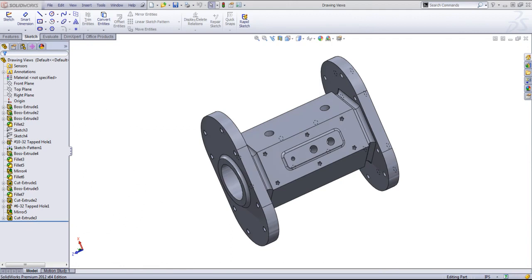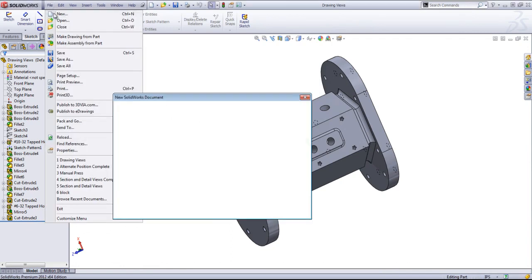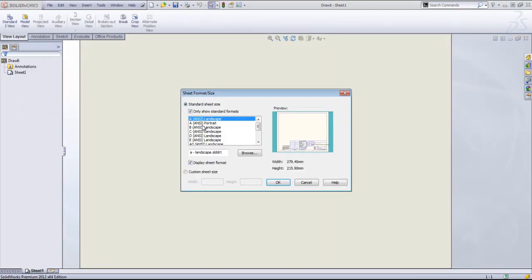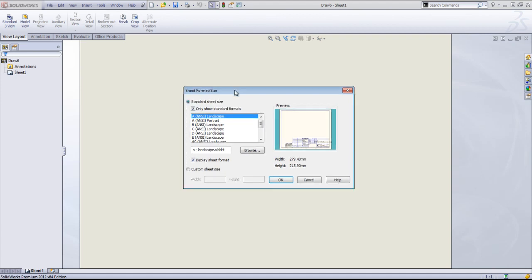There are two ways to create a new drawing file. You can just create the new drawing. We're just going to create a blank file, and then this is going to bring in the sheet format size option,